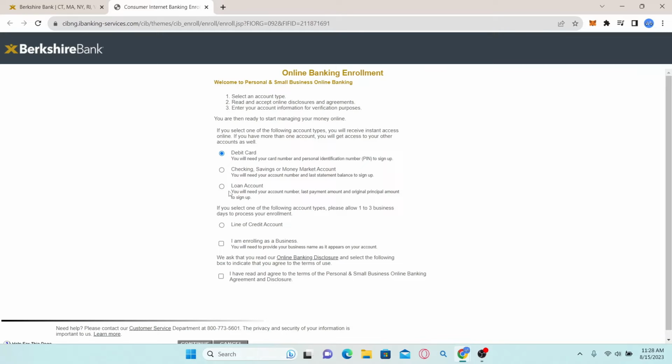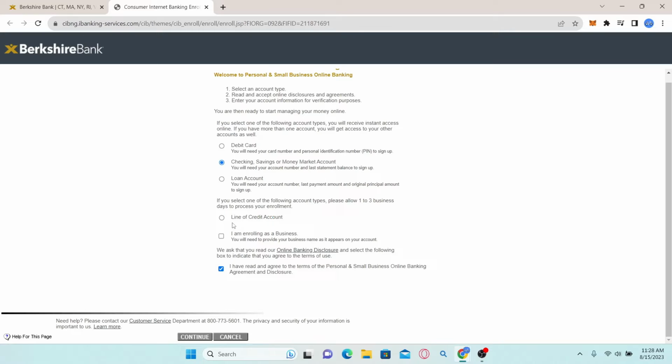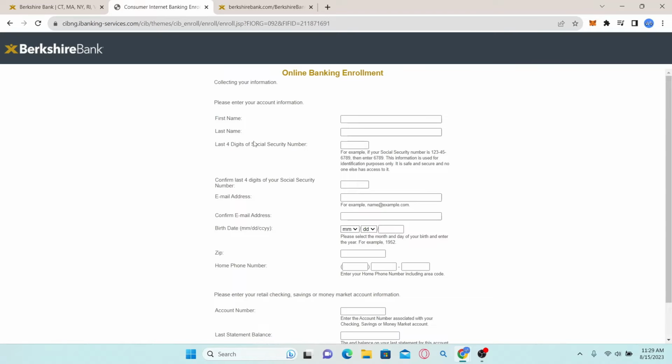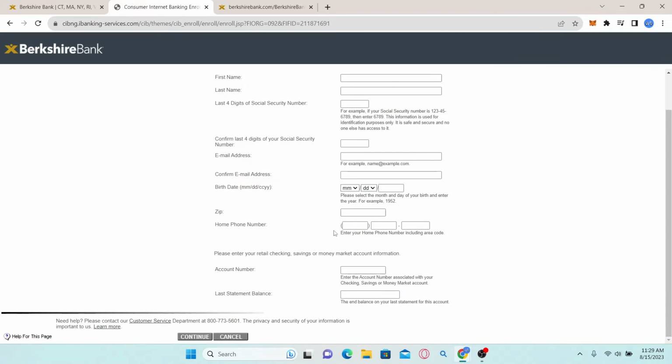So simply select which kind of account you want to create. Read the second option and click on the checkbox if they apply to you. Finally, check on the box to agree with the disclosure agreements and then click on the Continue button. After reading the disclosure, click on the Continue button and then you will be asked to enter all of your